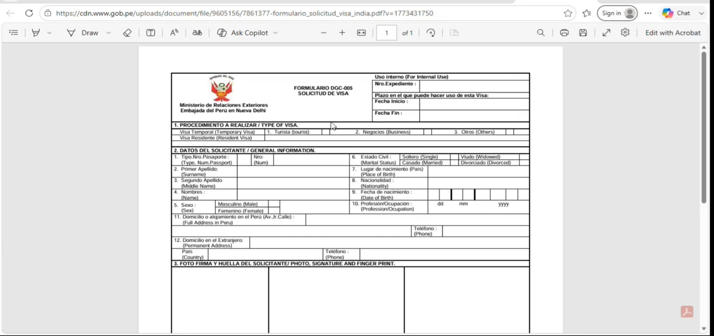General, passport number, surname, middle name, first name, your status, single, married, whatever it is, place of birth, nationality, all this should match with your passport. And remember, you need 2 copies. Don't have 2 copies with different sets of data, that won't look good. Date of birth, your profession, gender, full address in Peru, phone number, permanent address, country, phone,